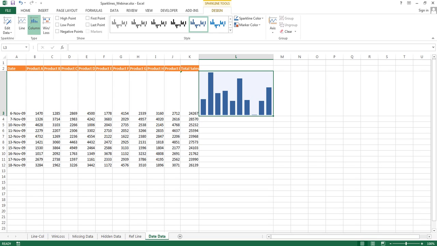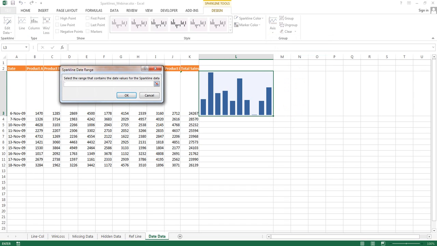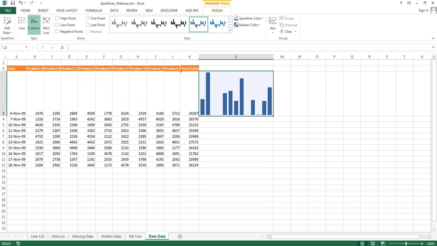So in order to work properly, what we need to do is make a little bit of changes in our charts. So we're going to select the spark line, go back to our spark line tools, design, axis, and in axis we are going to say this is date axis type. Once we click on the date axis type, it is going to ask where is the range where I can pick the dates. So we are going to select the column which has dates in it, and once we click OK, automatically the gap appears because the dates are missing, which is a much better chart for analysis purpose, for comparison purpose. So this is how we're going to work with the missing dates as well.